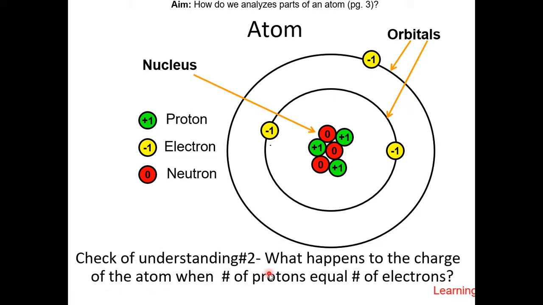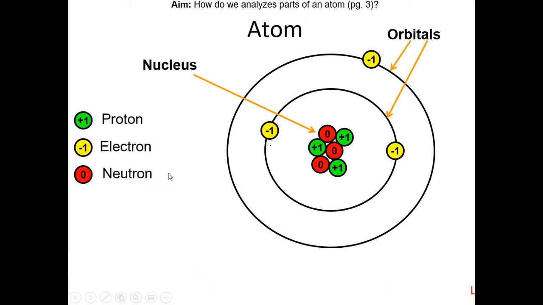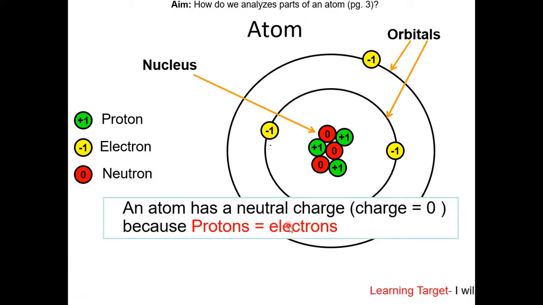Check of understanding number 2. What happens to the charge of the atom when the number of protons equals the number of electrons? So here we have 3 protons and 3 electrons. What do you think is the charge of the entire atom? The charge is going to be 0, or neutral. So an atom has a neutral charge, which means the charge is 0, because the number of protons equals the